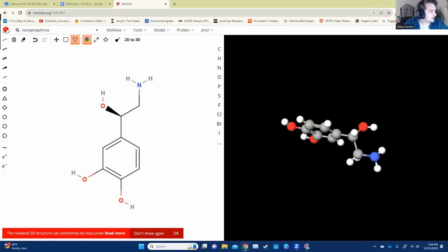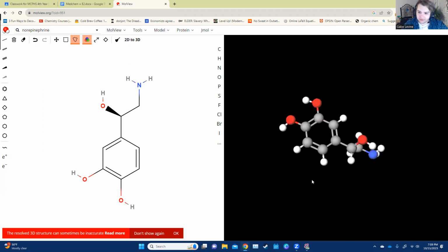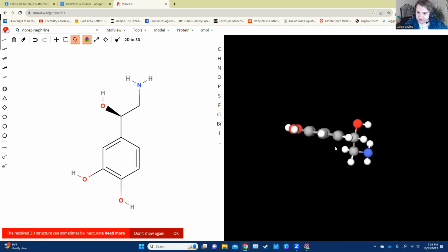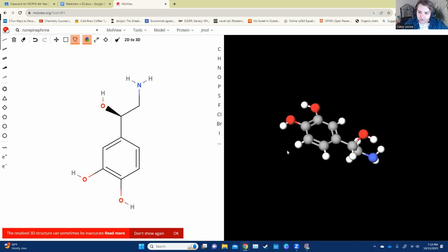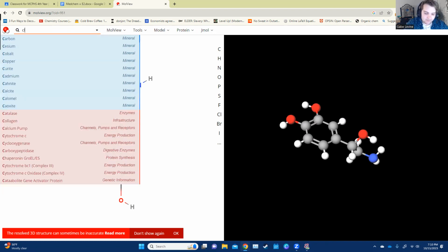Right now, this is a good thing. This is more like extra info, nothing that you really have to focus on too much. But essentially, in norepi, we have this big floppy tail that can rotate around like a pinwheel. And so it goes around, around, around. And it means that the drug has a hard time